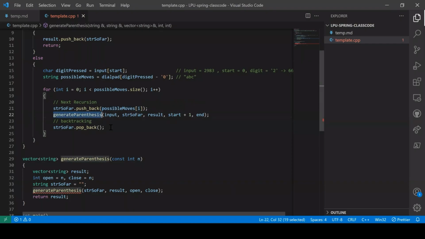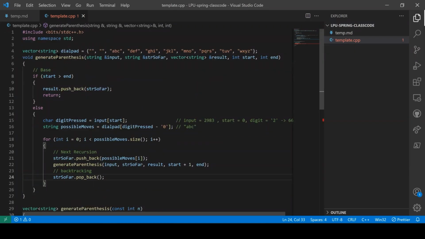After that, it comes back and it's going to do a backtrack. I mean, it will remove the last character. For example, if A was pushed, it will remove A so that B can be inserted. And it's going to do the same thing again and again, right? Is this clear, my friends? I'm going to change the name now. Letter